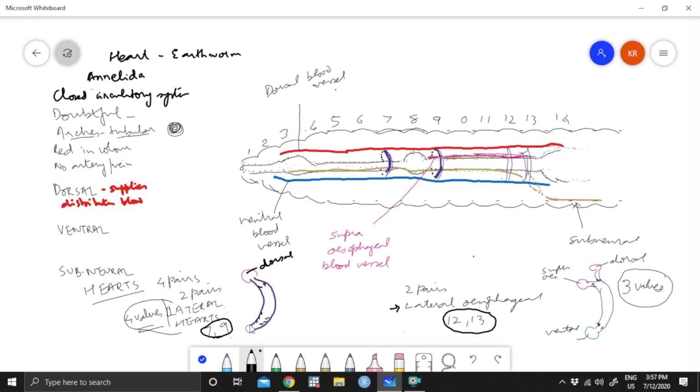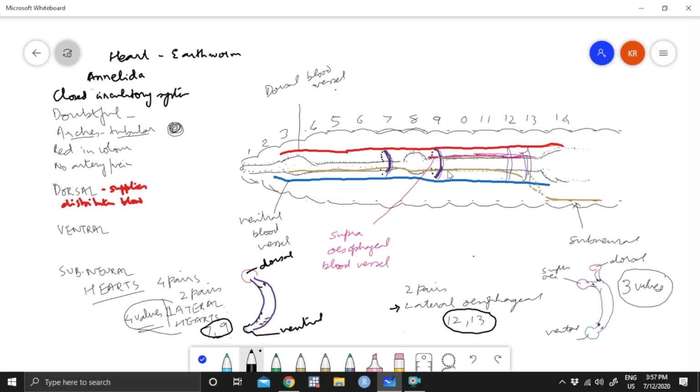This is the dorsal blood vessel and this is the ventral blood vessel. So it is carrying blood from the dorsal blood vessel to the ventral vessel, and there are got 4 pairs of valves over here. Which segments are they? 7th and 9th. They are, remember, in the form of tubes. They are slightly muscular. Because of the valves, the blood will not flow from ventral to dorsal. It will always go from dorsal to ventral.